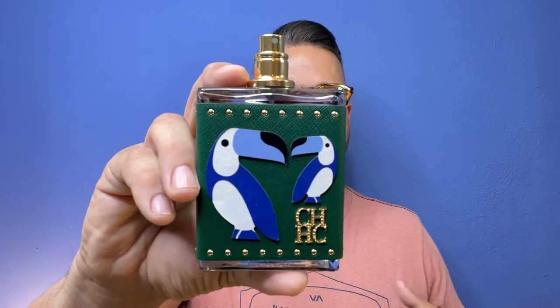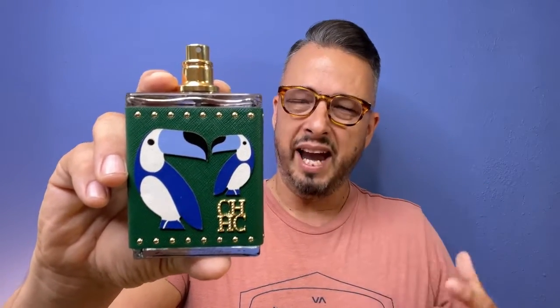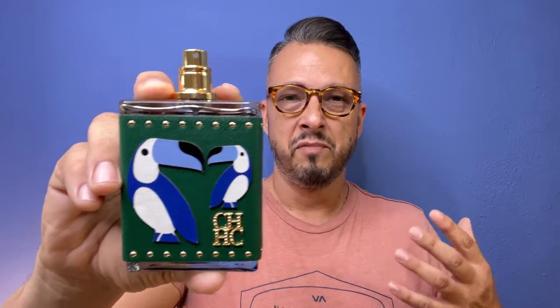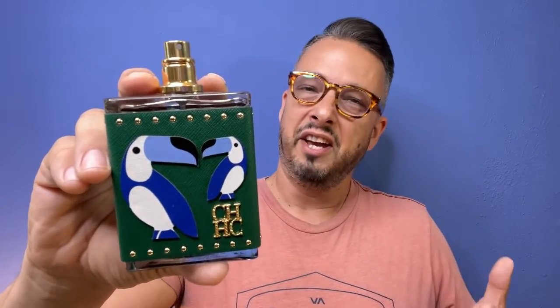But yeah, woody aromatic is the best way to describe this. It's not really that tropical, so I'm not sure where they're really getting the rain and maybe the warm, steamy rain. Maybe because they're using cashmere and it's warm. Maybe because it's got a bit of an aquatic coming from the driftwood, but ever so slightly. So I don't know, I think you're gonna have to use your imagination on this, but it is a great